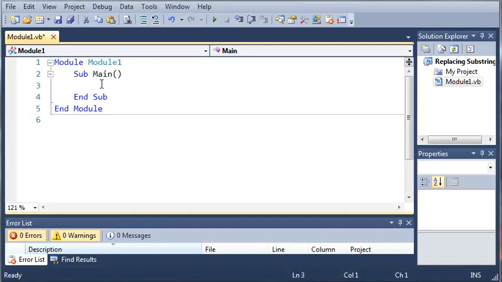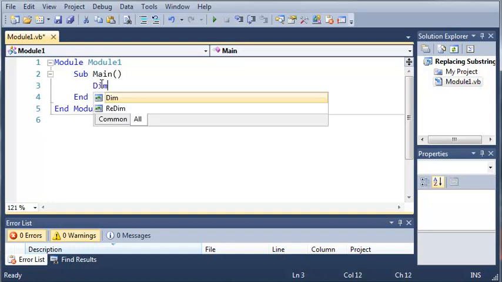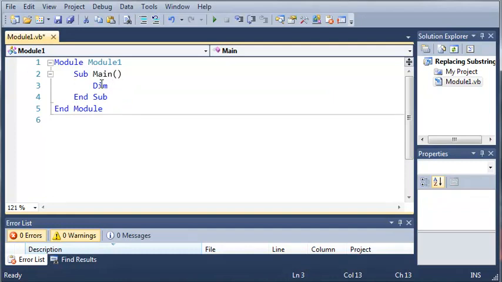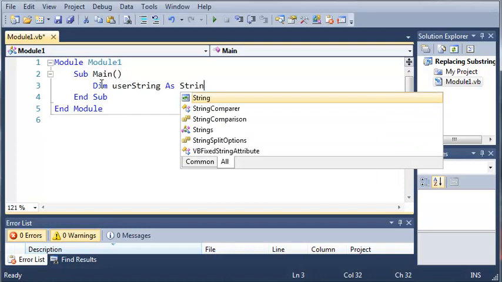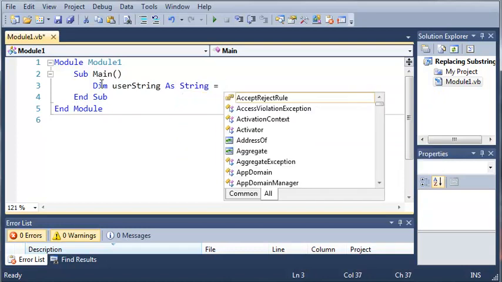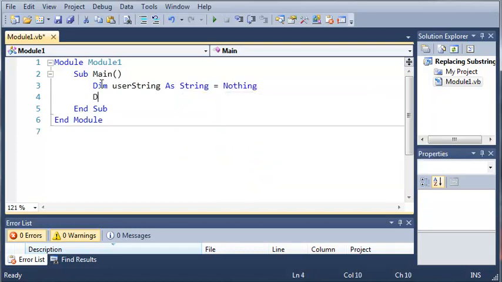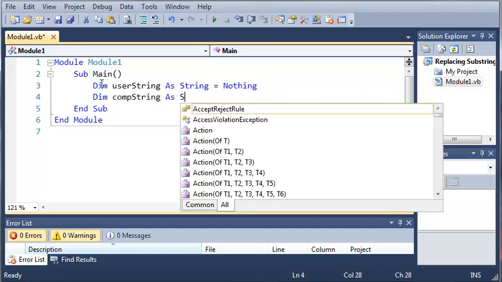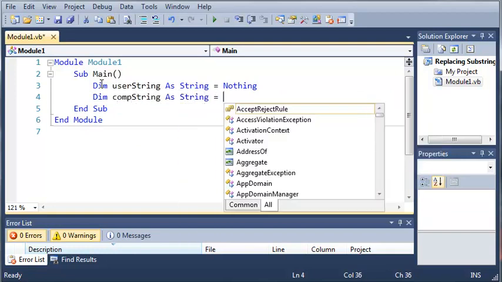And in this tutorial, we're going to be taking a look at comparing strings. So let's go ahead and get started. We're going to come down here under our main sub, and we're going to create a couple variables. We're going to start off by creating a string. So we'll just call it userString as String, and we'll set it equal to nothing. And then we'll declare another string, computerString as String, and we'll set that one equal to